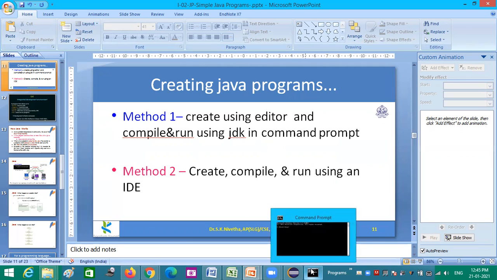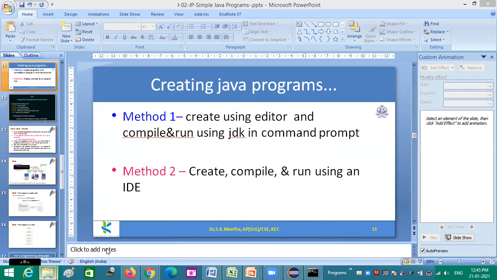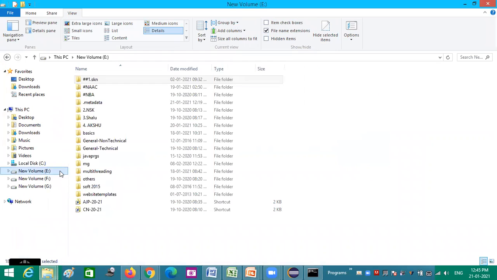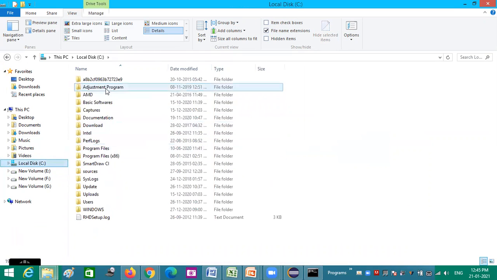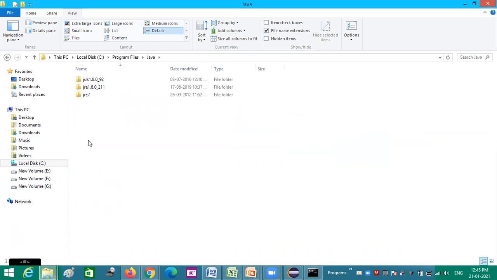I have JDK installed in my machine, so I'm just showing that. Normally the software is installed in C drive, Program Files, and inside that Java and JDK 1.8.